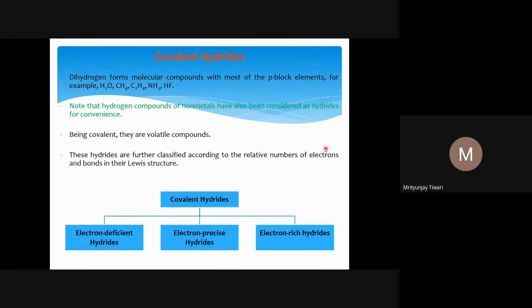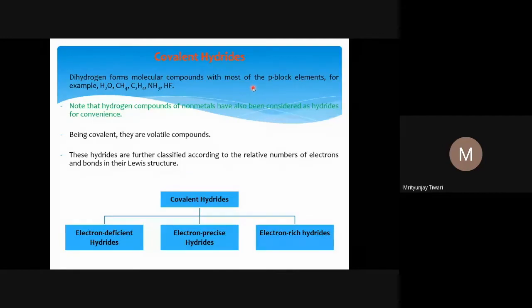So this is one other application that we have seen. Now let us look into the covalent hydrides. Dihydrogen forms molecular compounds with most of the p block elements. Hydrogen forms compounds with most p block elements, and examples we know are water, ammonia, all the